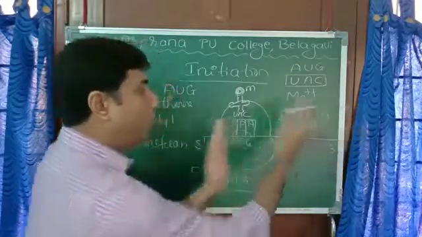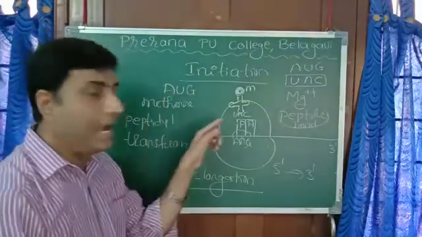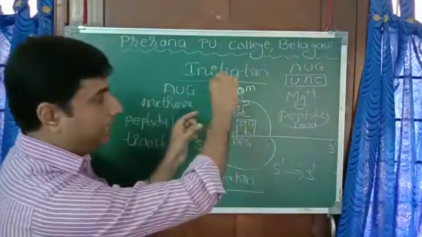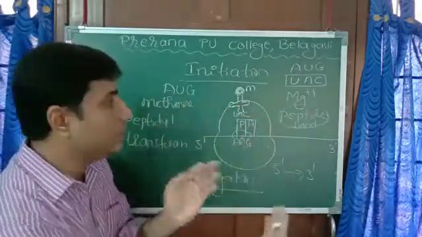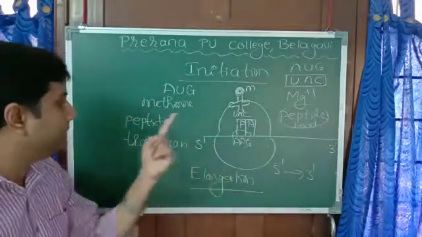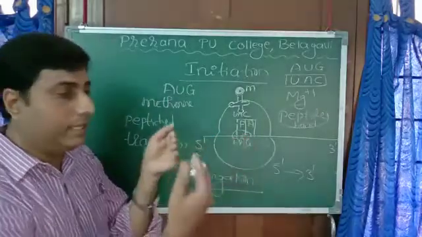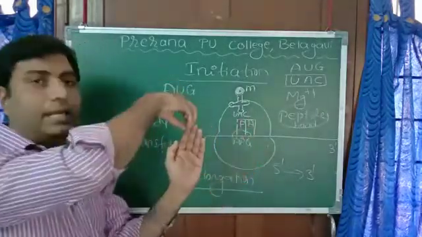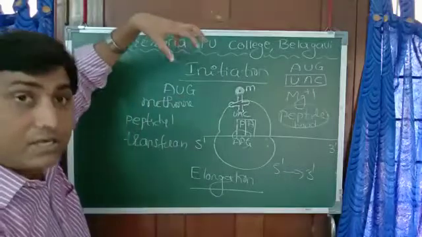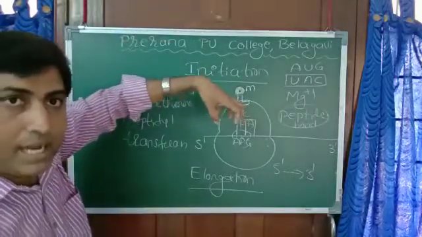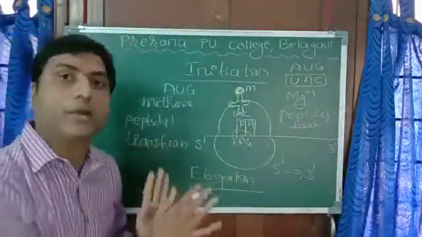So this will move along in this direction, and one by one tRNA will bring amino acids to the P site, and they will get attached to each other by peptide bond in the presence of the enzyme peptidyl transferase. And one more thing we should remember: as soon as the link is formed between two amino acids, the tRNA leaves. tRNA's job is over. The only job of the charged tRNA is to bring the amino acid to the P site, and once it gets attached to the next amino acid, the tRNA leaves and goes. And like this it continues, it is elongation.